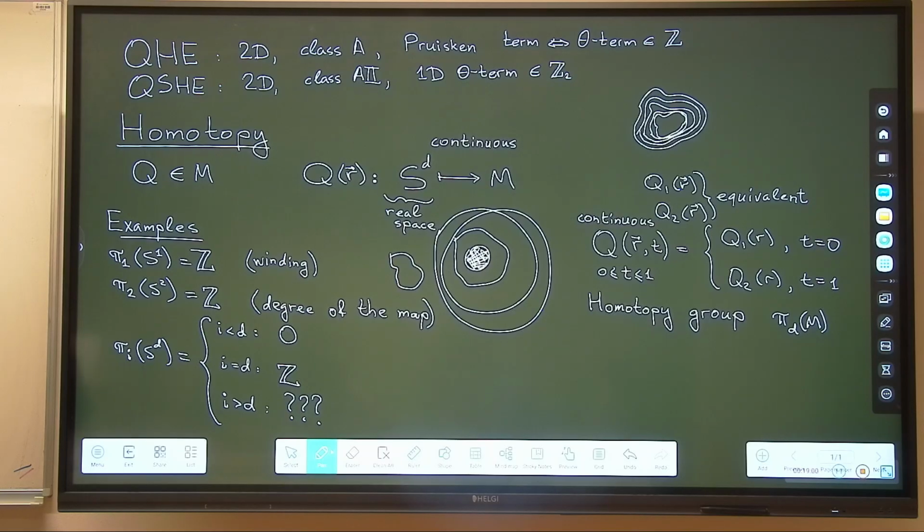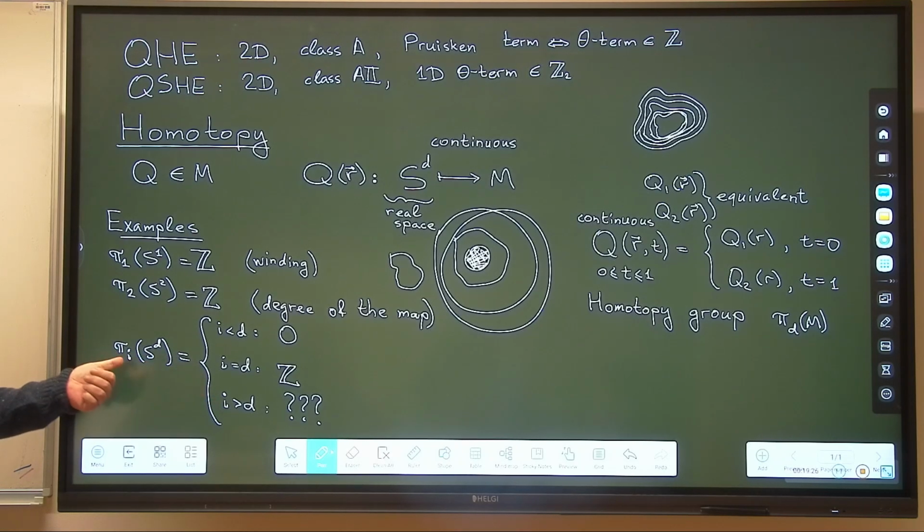If you map 2 on 1, it's trivial, it's just nothing. If you map 3 on 2, it's called the Hopf fibration. The answer is Z, but to prove it is not easy, even to visualize, but this is just the simplest example. When you map a 10-dimensional sphere onto a 5-dimensional sphere, the group can be really complicated. And